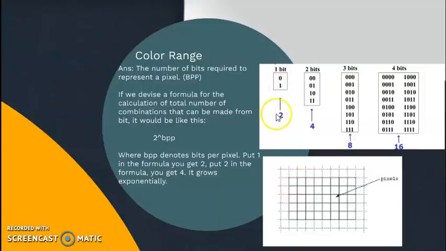That means how many colors can I represent? Only two colors. Similarly, if I say that every pixel in my image can be represented using 2 bits, that means 00, 01, 10, 11. So how many colors can I make? 4 combinations of colors can I make, and so on and so forth.